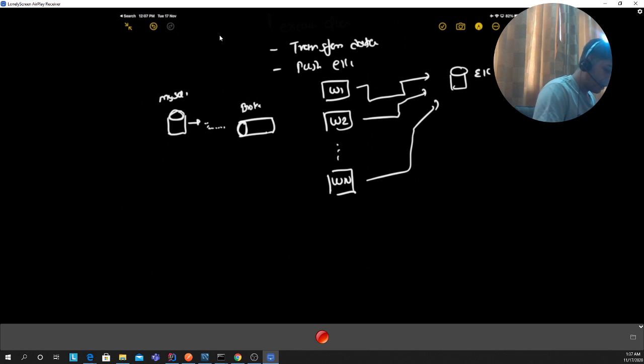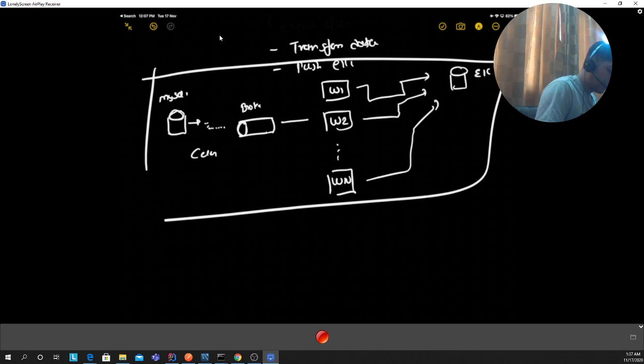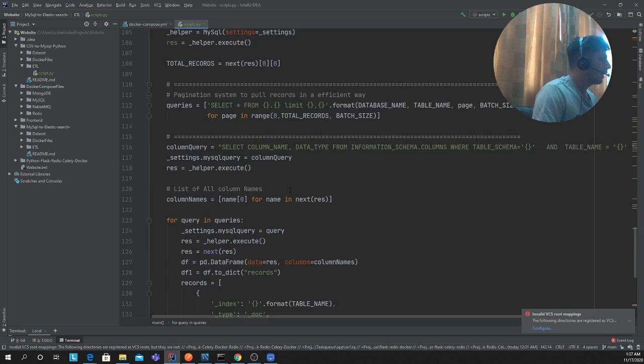Okay, that's kind of the architecture I wanted to do. So here you would use Celery. Everything would be in a Docker container, state of the art, right? But that's the thing, you cannot design stuff if you use... I mean, you have to know how to build your own custom pipelines, right? So let's get started.